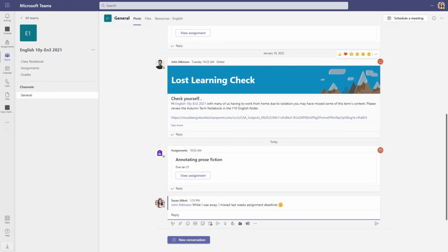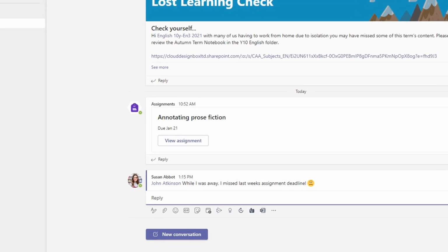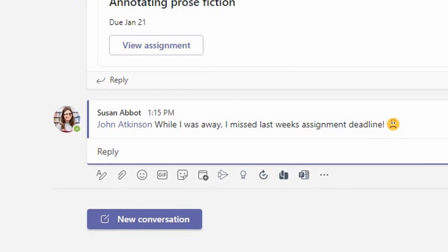Next, let's take a look at lost assignments. It may come to your attention that a student has missed a whole class assignment and they've missed the deadline. So let's take a look at how we can easily reset an assignment, but just assign it to one individual